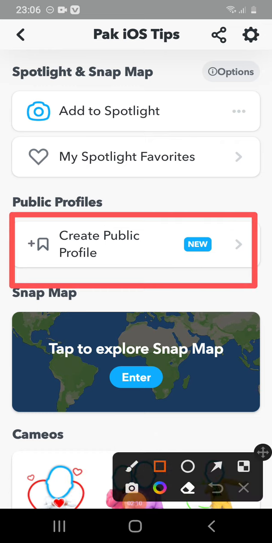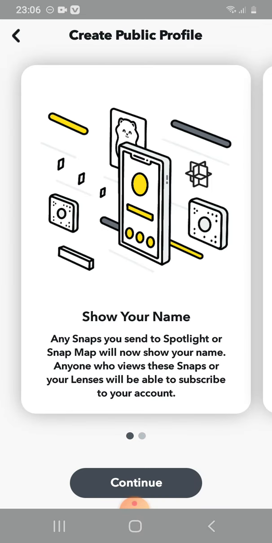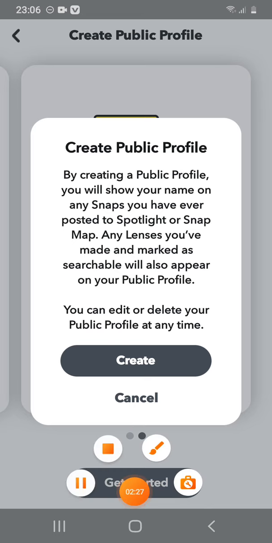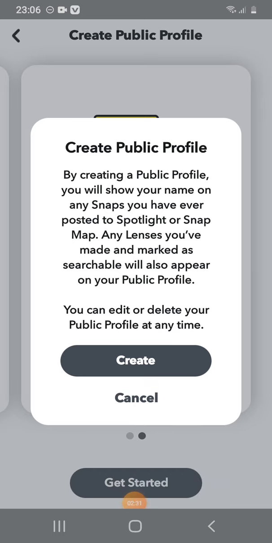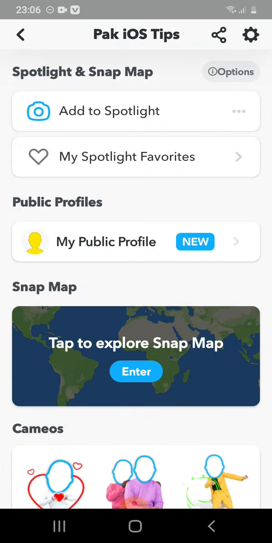So guys, you can see that's a new option of create a public profile. Simply click on this create a public profile and skip this, and click on this get started, and after that you click on this create option. So guys, you can see the option of my public profile is ready,